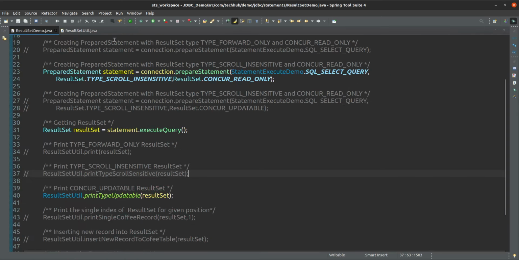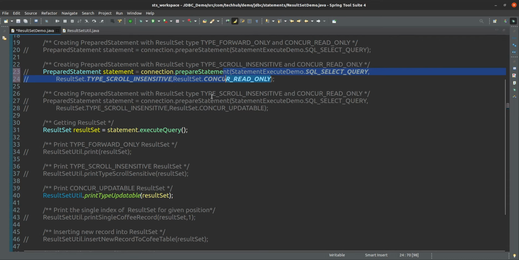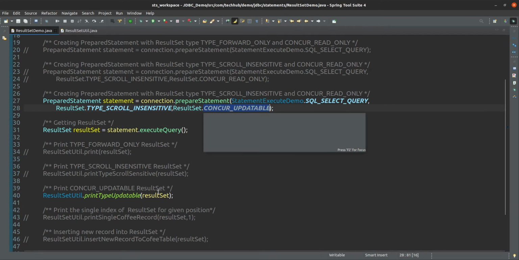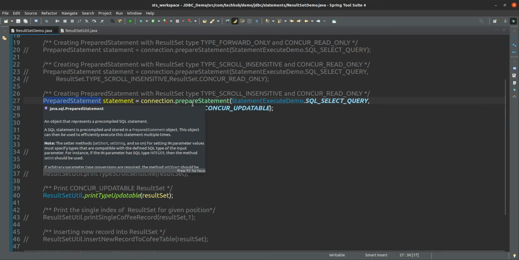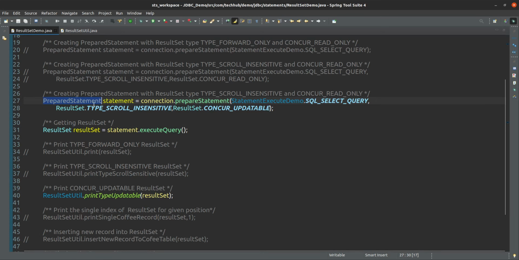So how should we get a concurrent updatable result set? Instead of read only, we can just give concurrent updatable. That's it. I am just commenting out this one because I have written that one below. So now our result set will be concurrent updatable. We have to change it here, while creating the statement. It's not that we can do this only for a prepared statement. For any statement, prepared statement, callable statement, or statement,